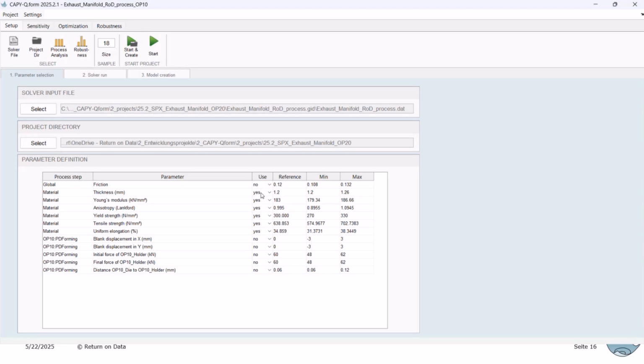Next question. Does the software have a material library that includes all the upper and lower limits for the mechanical properties? This is typically not always available. That's a great question. First of all, you have the material library in Stampack. All the things you do in CAPY-Q are based on a Stampack simulation. So the reference parameters that we see here on Patrick's screen come from Stampack. And